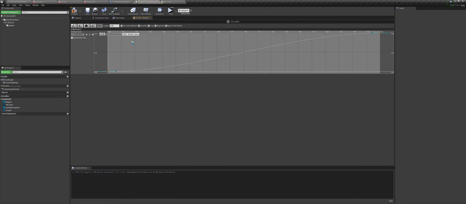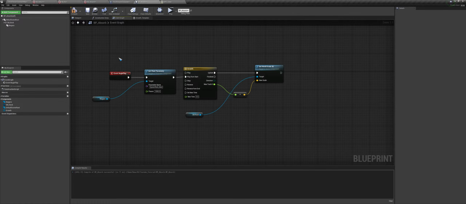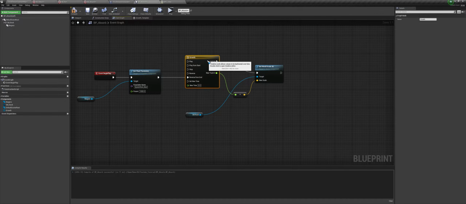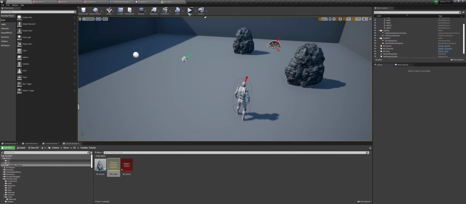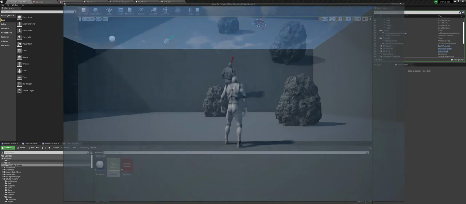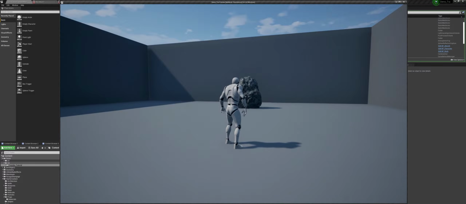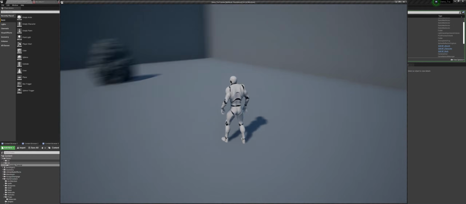So you can either set that value here, or we can just connect this to reverse from end. So it will reverse, so we get the same result. So now if I press play, you can see that our Niagara system is following the size of the rock mesh like that.